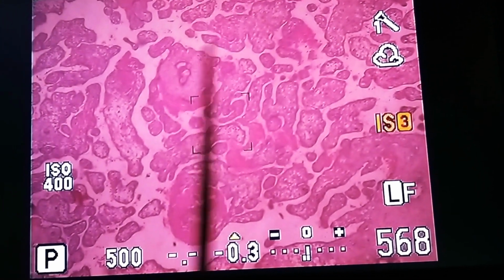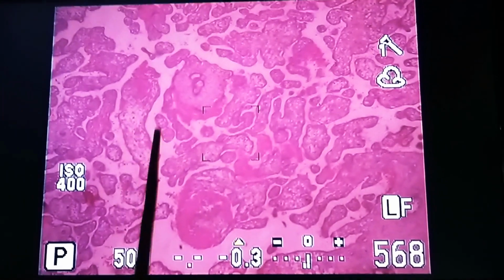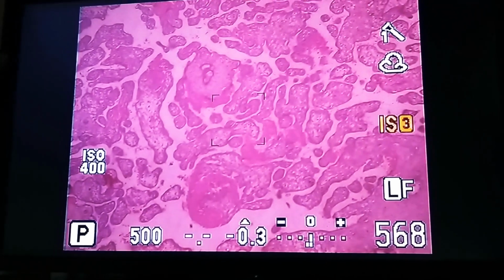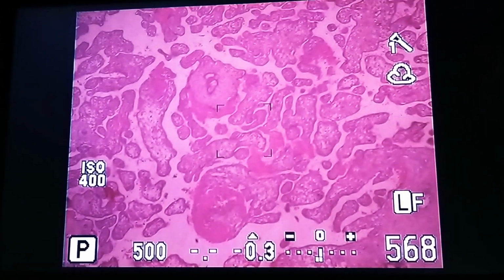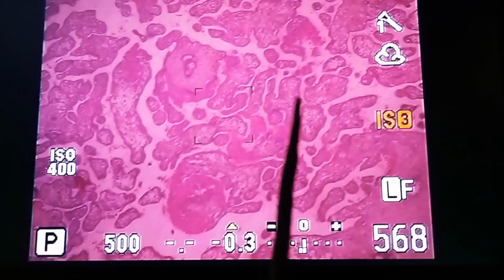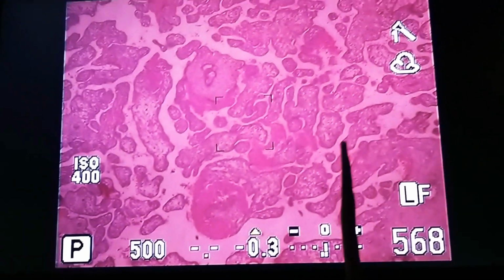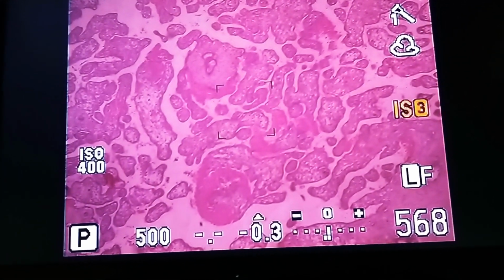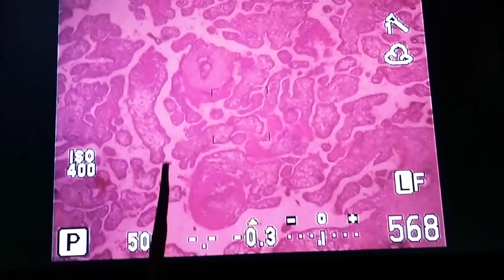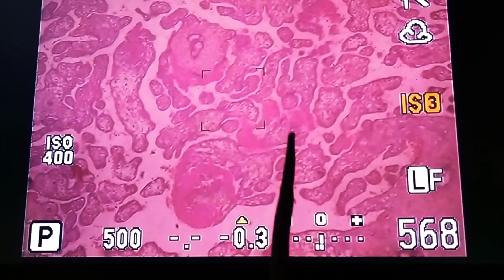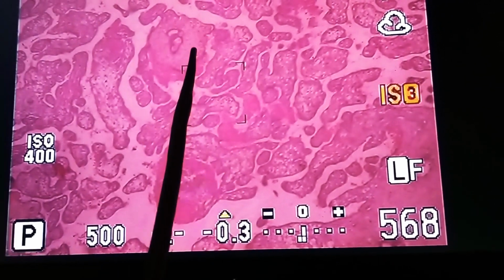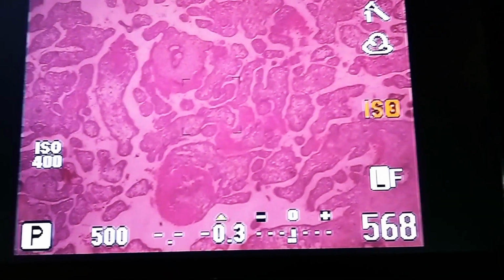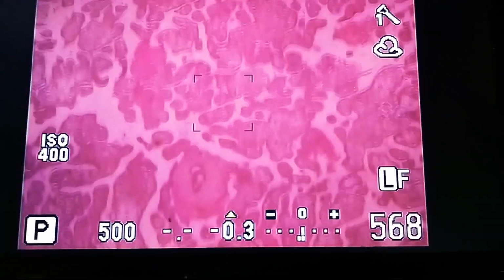Whenever you see the slide, you will see multiple different shapes, because villi will be in different directions. So cut sections do not get a typical oval shape or a round shape. All irregularly shaped like this. They're full of tube-shaped structures, and the lining is not that clear because it is 10x only. Okay, so you see a lining epithelium of syncytotrophoblast, then cytotrophoblast, then mesoderm, and fetal blood vessels. If I show you going around the whole slide, you will see the same structures.